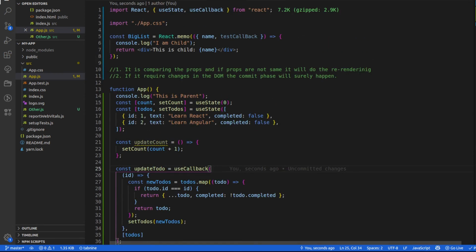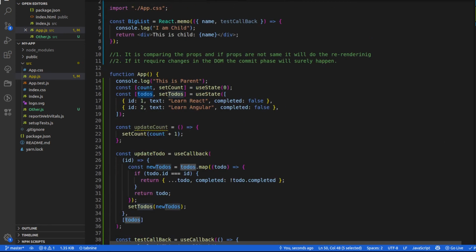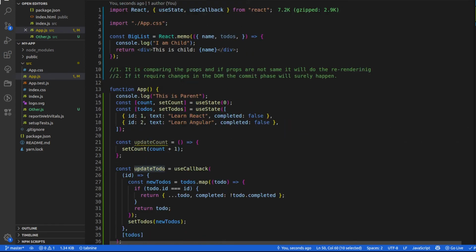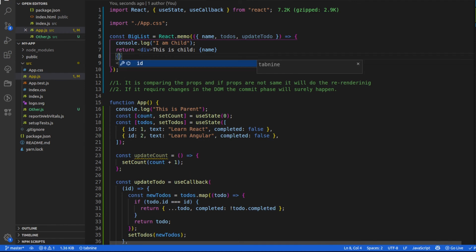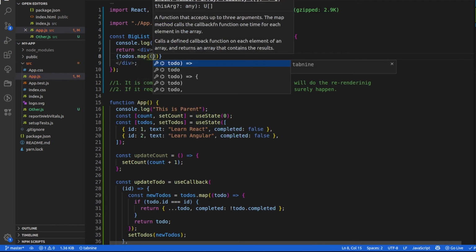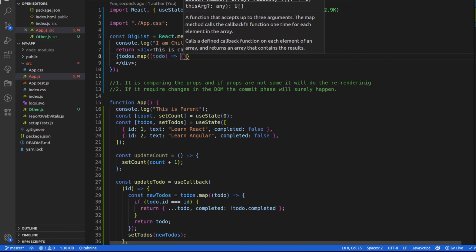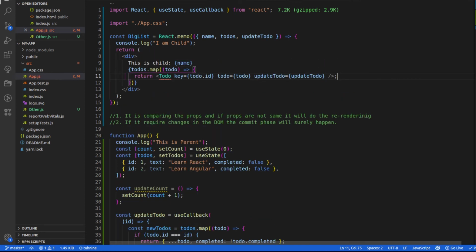In reality, it is not going to be this small component. I will be having two, and then I will be having updateTodo as a prop, and then there is going to be the todo roadmap, and like this.